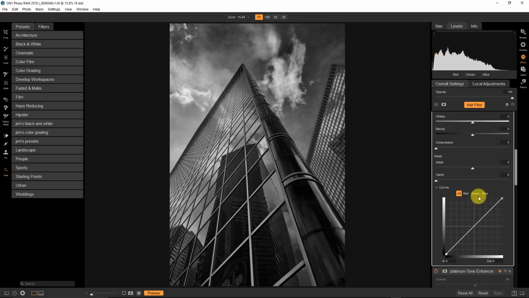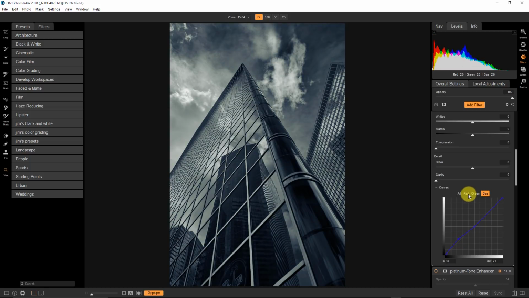So I'm going to go into the red channel, and I just want to add a little bit of cyan to the midtones. I'm going to leave my shadows and my highlights alone, and I mean a little bit. I don't need a lot here, because most of the tone is going to come from the blues, and we're going to put blue in the shadows only. So I'm going to click here and just pull this up until we get a nice blue tone